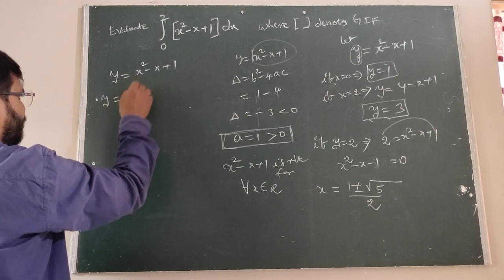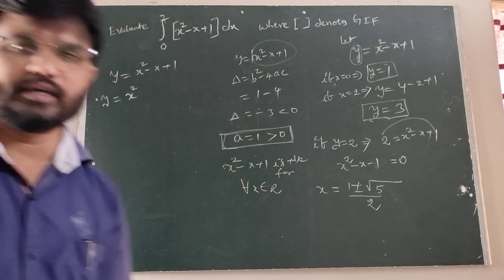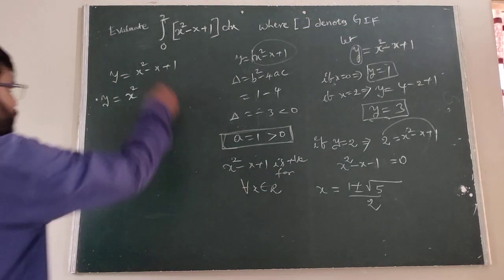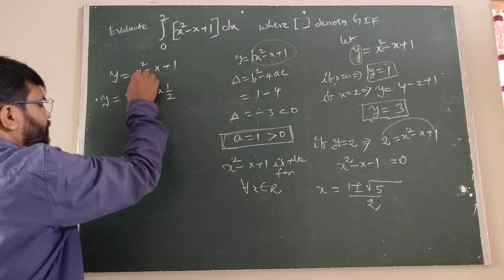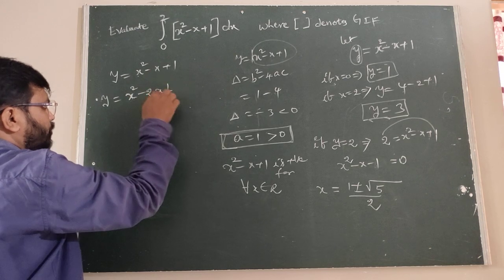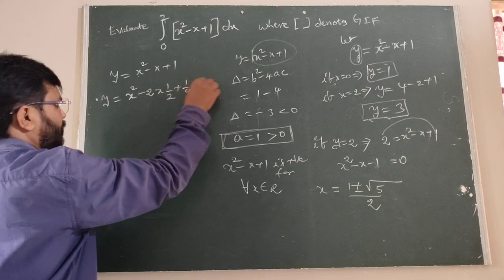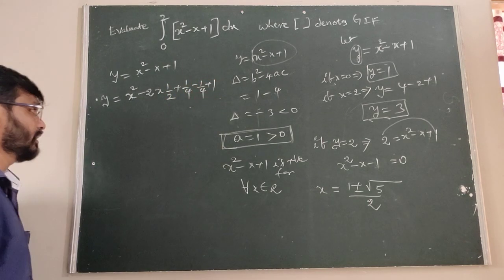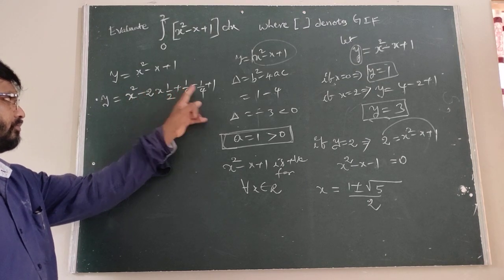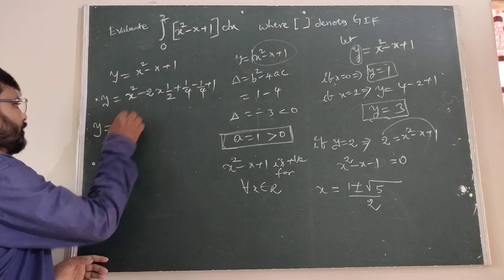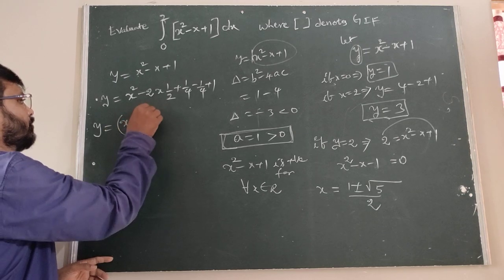We can write it in the form of a parabola. In the parabola, various forms are there. So we can convert it into one of those forms. We take first a square, 2ab, where b we can write as 1 by 2. After that b square is 1 by 4, minus 1 by 4 plus 1. Is it clear? a square is x square, minus 2ab, b is 1 by 2. Then y equals a square minus 2ab plus b square, which is x minus 1 by 2 whole square.